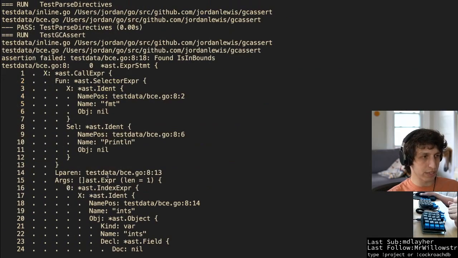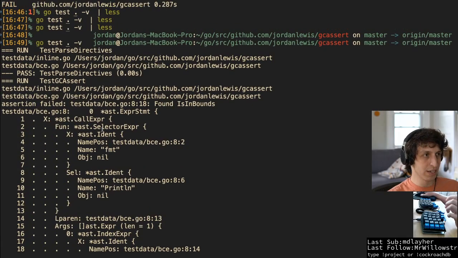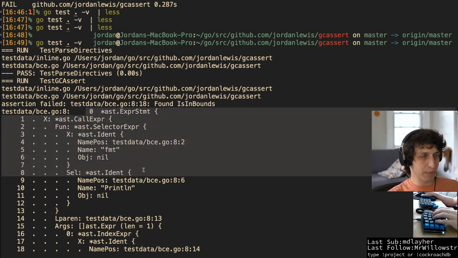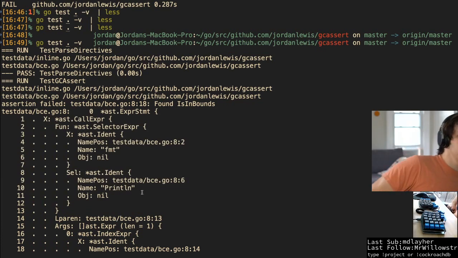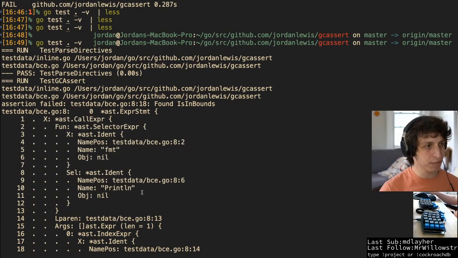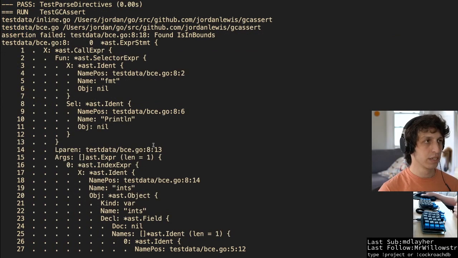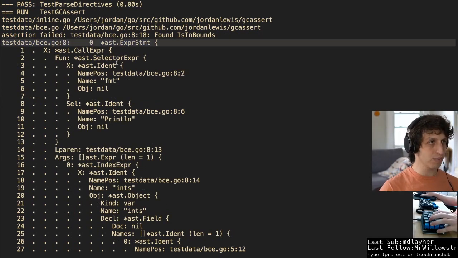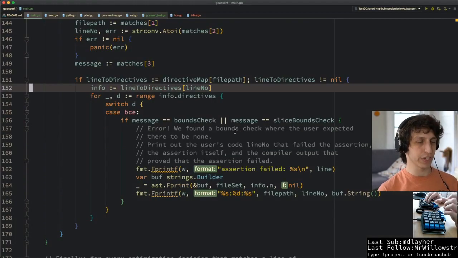Oh, right. Except we still pretty print this whole AST, which is gross. But ultimately it's saying the right thing. It's saying assertion failed, test data BCE 8 found is in bounds. Maybe that's fine, and we don't even need to include this whole thing. I think it's polite to include the line of code. It's just I don't want it to look like this. Like, how do I get back the original